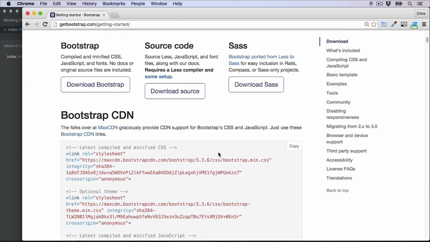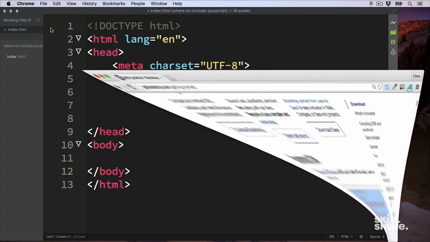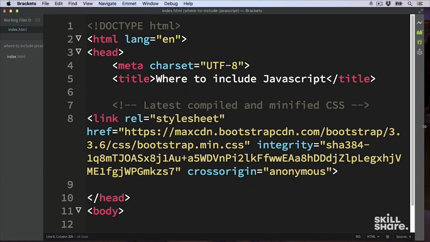And I'm just going to include the Bootstrap CDN, which is the hosted link for the style sheet. So I'm just going to copy the top section, which is the style sheet. So copy there, and then paste that into the head section just below the title. Okay, so now that's all set up, we can take a look at some different ways we can include JavaScript